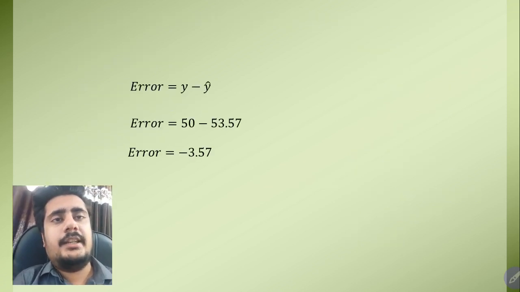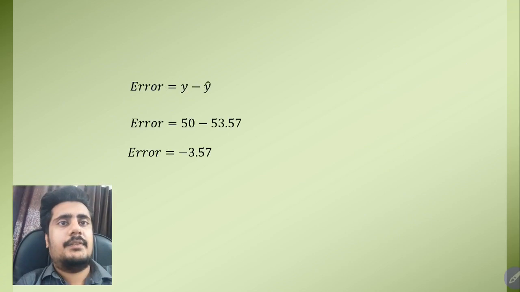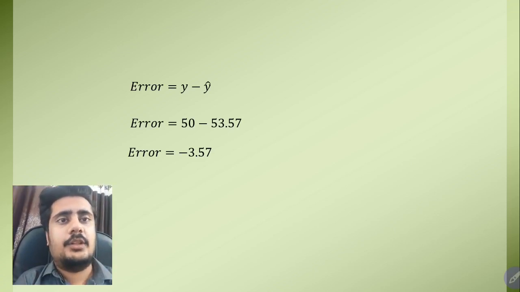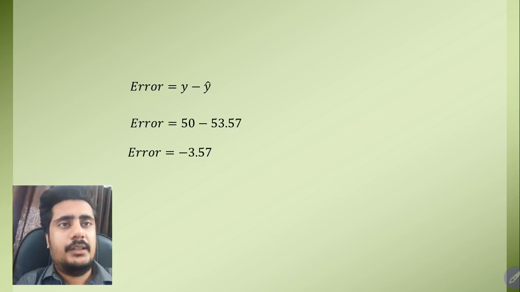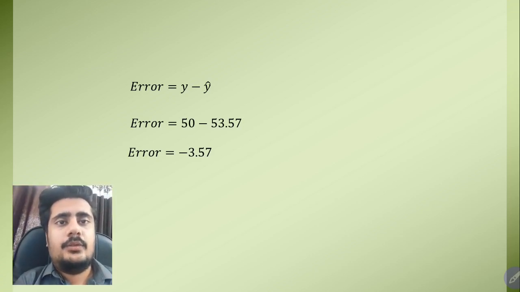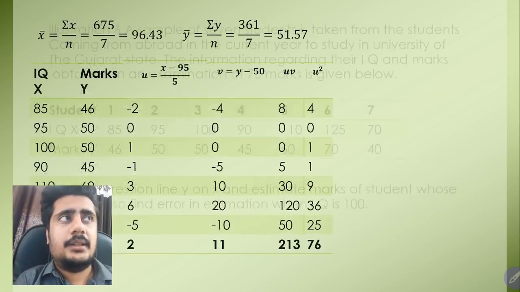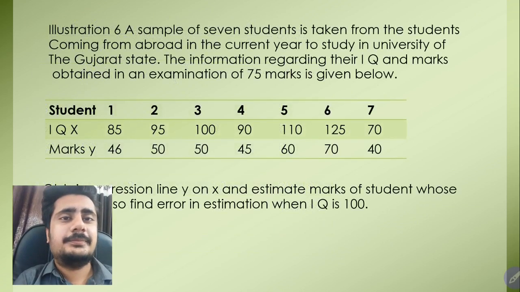Now we will find the error. What is error? Error is y minus y cap. Y is 50, y cap is 53.57. So your error is 3.57. What is your error? Error is 3.57. So today we have done two sums, and basically what we have done is a topic of dividing